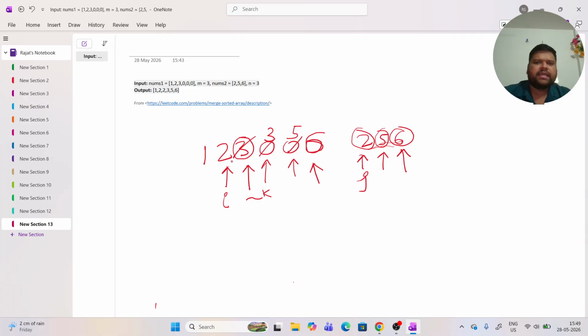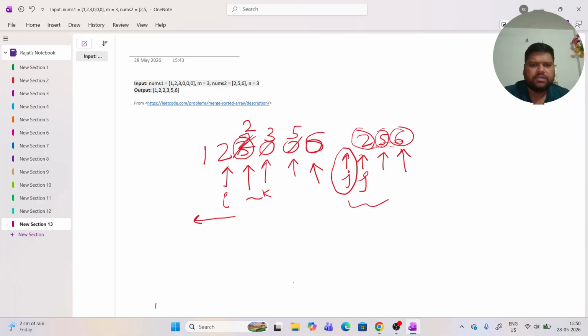So in the else case, what we'll do is we can move any of the pointers, either the ith pointer or the jth pointer. So I will be moving the jth pointer. So j will point to -1, and we'll put this 2 here instead of 3. Now there are no elements left to be merged. j is pointing towards -1, and all the elements to the left of i are sorted already,